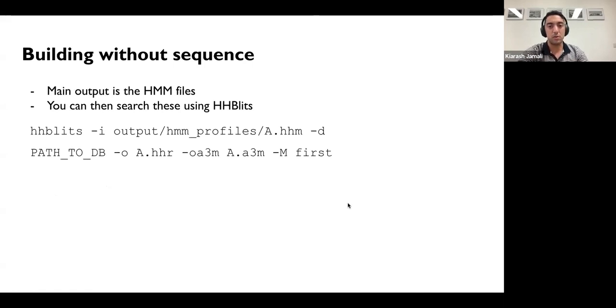How would you actually do a sequence search? Currently, the best way to do it is to use HHBlits. The HMM profile files that we provide currently in Model 0.2 are HHM files, which are HHBlits profiles. You have to install HHBlits, and then you would also have to use their database files. It's a bit difficult to use. Then you run a command like this to get access to your results. But it does work very well.